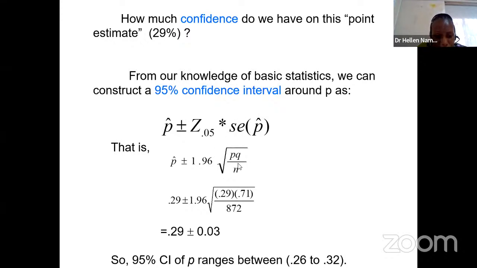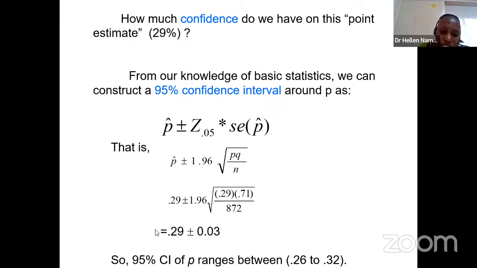This is the formula here, PQ over N and the square root. It comes from the variance, and we need to minimize the variance as much as we can, based on the estimate that we have. We know that P, that is our estimate, was 29%. And the other fraction is the Q, or the ones that responded that it wasn't a healthy concern. And when you move on with the calculations, I'm not going to go into a lot